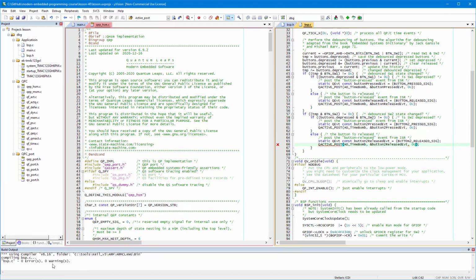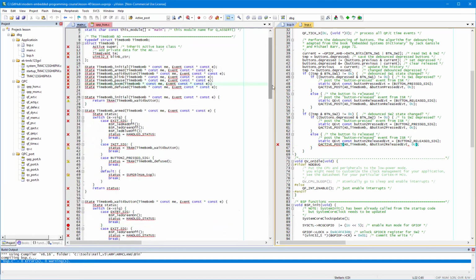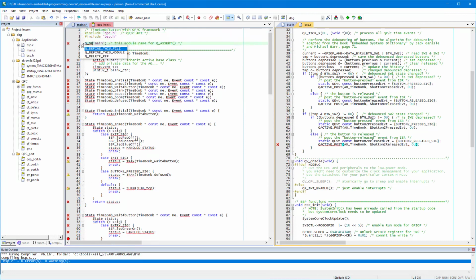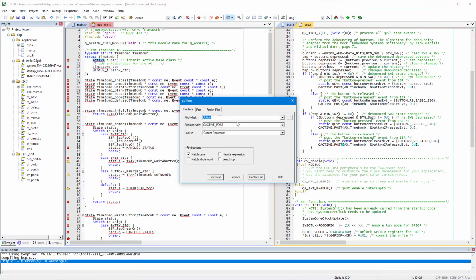Okay, so with the BSP done, you move on to adapting the most interesting part, which is your TimeBomb state machine code in main.c. Here you replace the header file to use QPC, and you provide the module name for the QPC assertions. But then you need to make a bunch of global replacements to adjust the API to the QPC framework. Specifically, you need to replace active with QActive, time event with QTimeEvt, and state with QState,